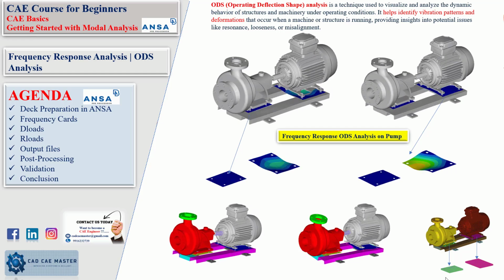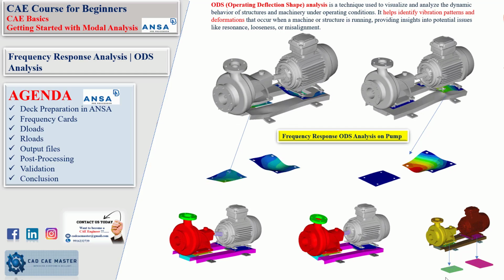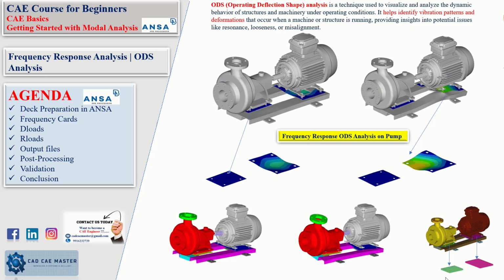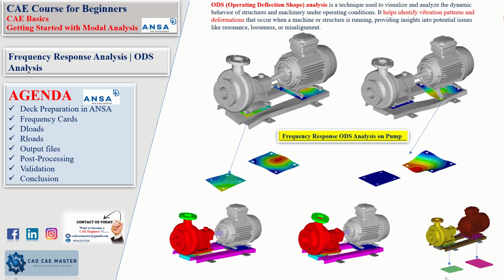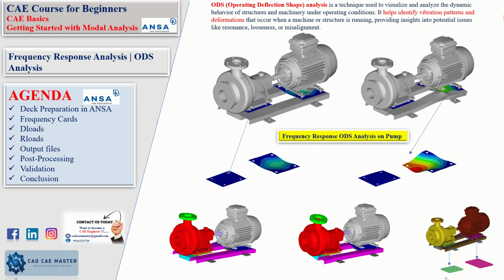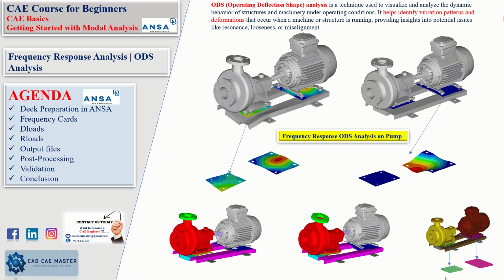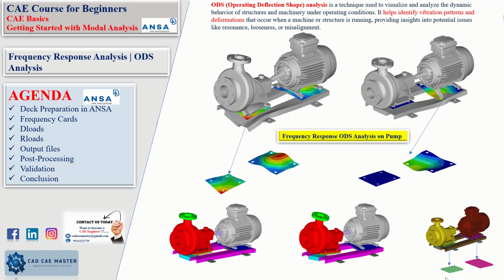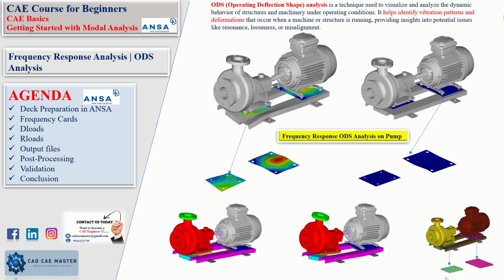So what if we would like to see the excitations, or how the component is behaving in the operating conditions with those particular frequencies of 310 and 265 hertz? How do we find out? For that, the ODS plays a major role. We're going to see how exactly we can set it up and find out the frequency response for that particular frequency